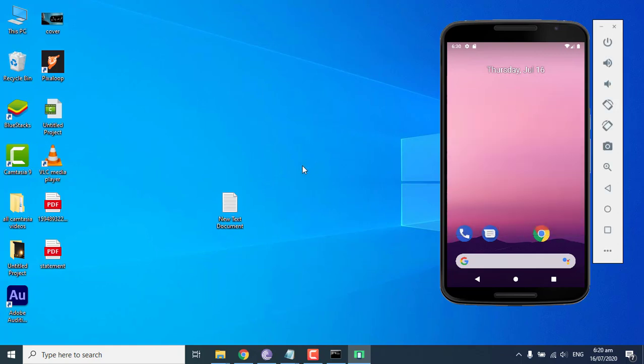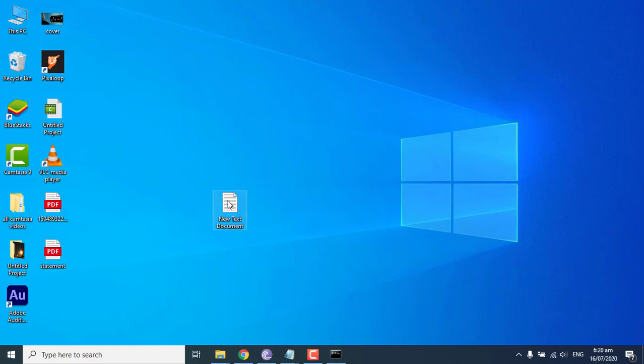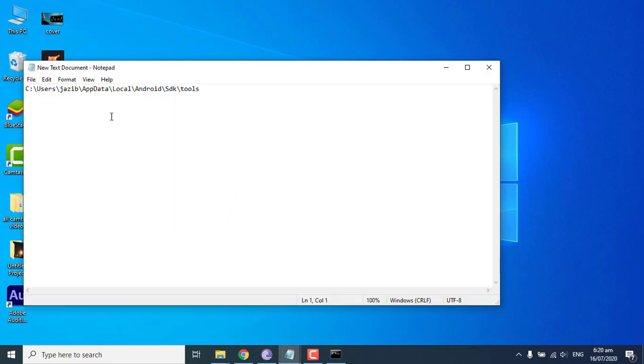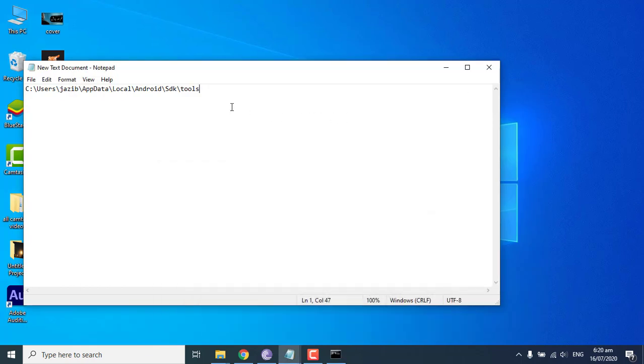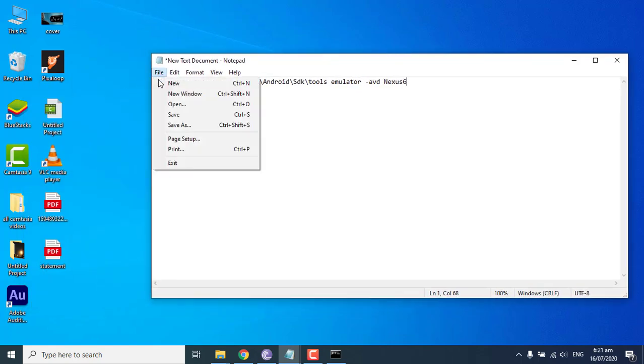And what you have to do is, the path that I saved in notepad, just open this file and copy this line by using Ctrl C and paste it like this, space, Ctrl V, and now File, Save as